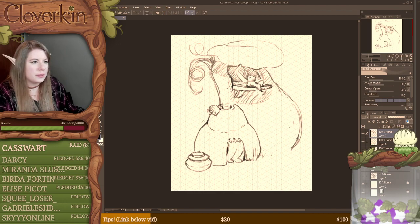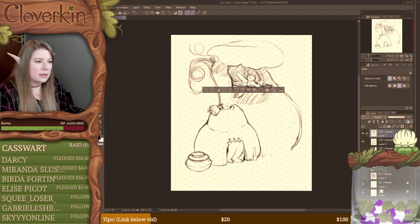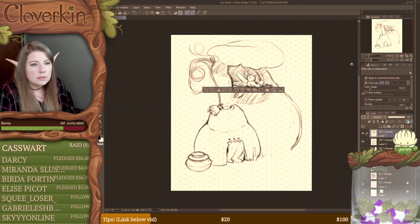And if I wanted to, I'd probably just put some gradients going on in here, which I guess I could do. For this one, since this seems like it would be very lighting heavy compared to the other sketches I was showing earlier, sometimes it's nice to do some mock lighting on your piece. So,